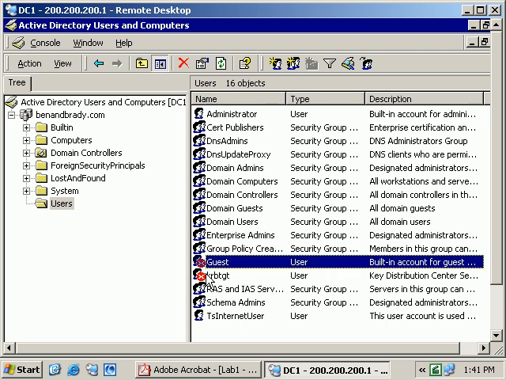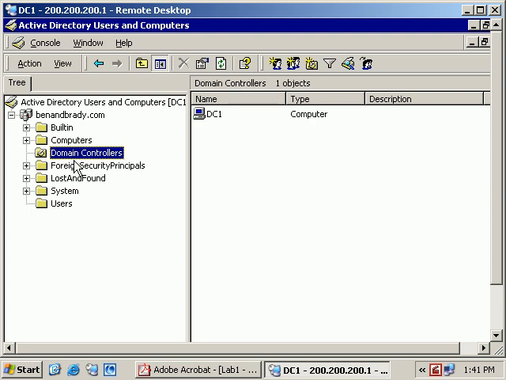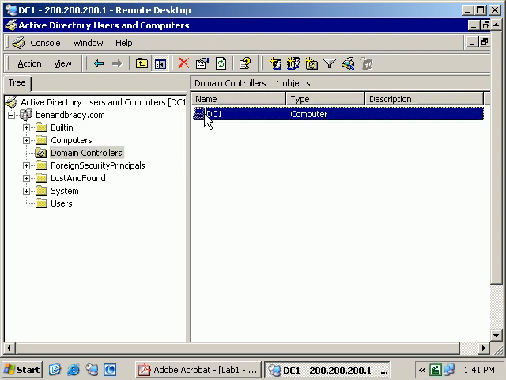Guest is also created, but you can see that it is disabled. The next container that is of interest to me at this point is the domain controllers container. So I'm going to click on this one, and as you can see, this particular container, also known as the domain controllers OU, has the computer objects for all the domain controllers for the benandbrady.com. At this point, we just have one computer object or one domain controller, namely DC1, and it is located in